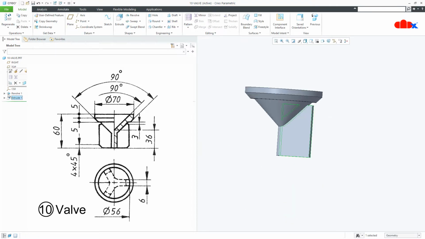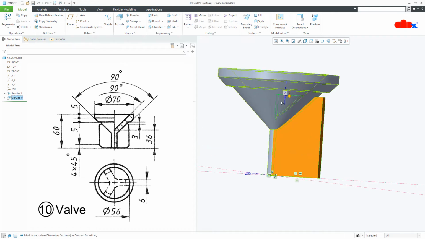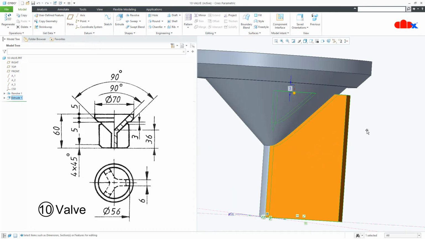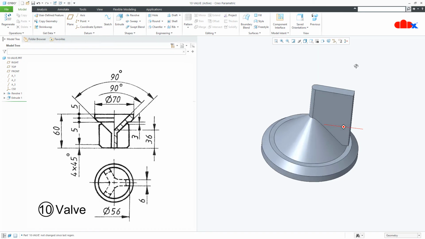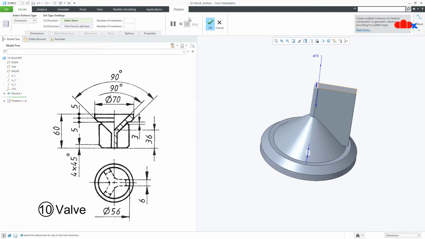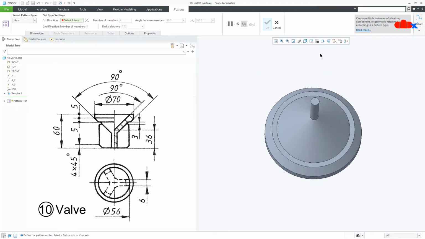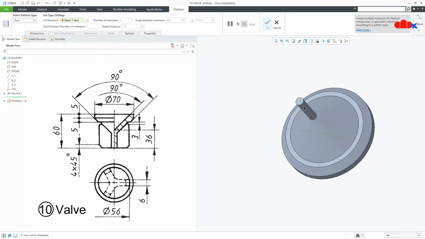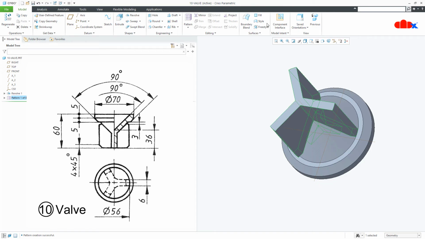So now if you edit this feature, you will have this 3 dimension. Now select this feature and go for pattern. Axis pattern. Switch on your center axis and select this axis. 3 items onto 360 degree and say OK.